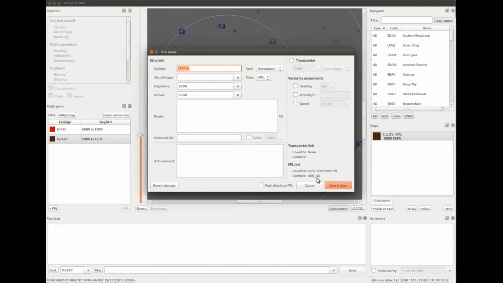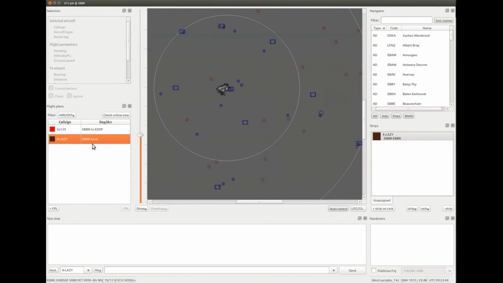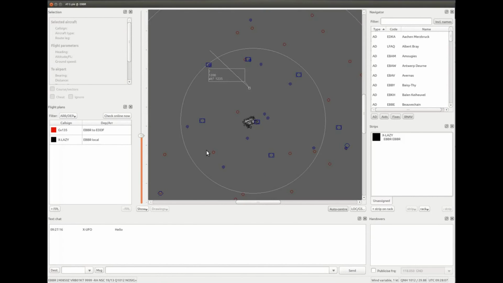However, this is not as serious, rather actually usual for flight plan information to be useful at the start and then modified on the strip as the flight progresses. If you tick the push to flight plan box before saving your strip detail changes, the flight plan will be modified accordingly. So now you know, a joint selection, that is one built by linking things to a strip, can